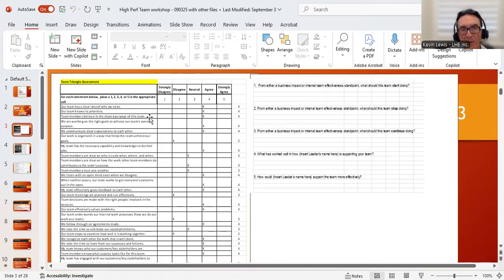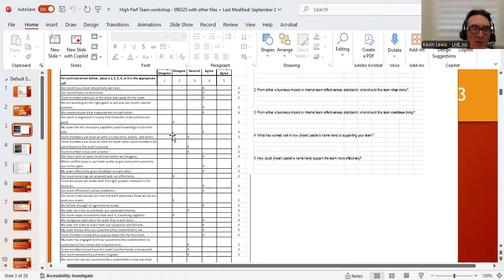You send this out beforehand. I give them about 7 to 10 business days to get it back. Then about 3 or 4 days in, you can send a reminder, saying, hey, we got 3 responses, we have 5 more we need to get. Those are the statements over there.